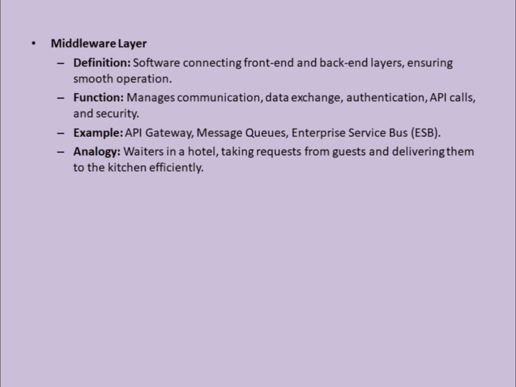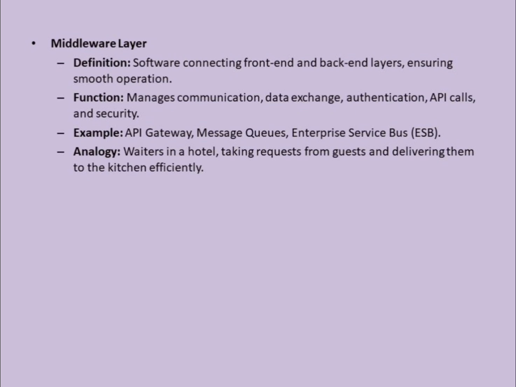Example, common middleware components include API gateways, which manage API requests, message queues, which handle asynchronous communication between services, and Enterprise Service Bus, ESB, which integrates various enterprise applications. Analogy, the middleware layer can be compared to the waiters in a hotel, who take orders from guests, front end, and deliver them to the kitchen, back end. They ensure smooth coordination between both sides so that the guests receive exactly what they requested